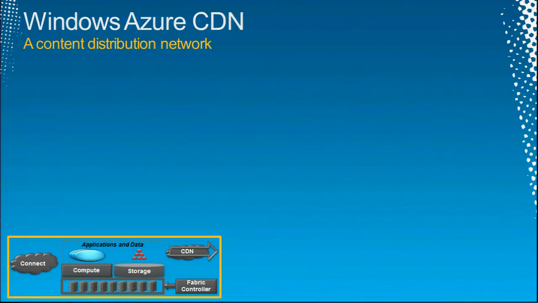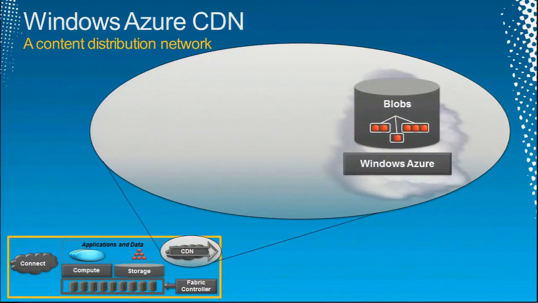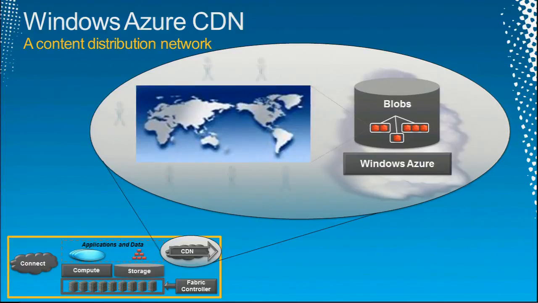Next, the CDN. Here's the problem. Suppose I have data in blobs in Windows Azure. Maybe it's videos, for example. Maybe I'm an online video site. And I have people using that data from all around the world. Well, Azure has, as we'll see in a moment, 6 data centers scattered around the world right now. But still, if everybody had to go to a given data center, it might be kind of slow.